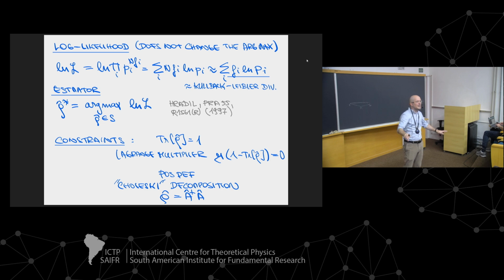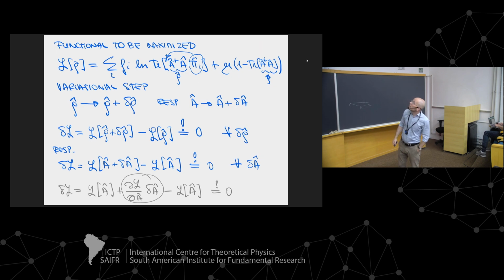We don't need this there. We actually don't need the Cholesky decomposition. We can take an arbitrary matrix, and if I multiply an arbitrary matrix with its Hermitian conjugate, we get a positive Hermitian matrix. So the whole functional now looks like the log likelihood with this rho parameterized using this product, and